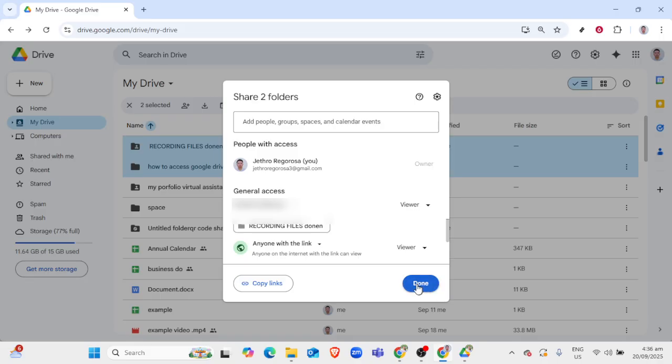Finally, click on Done to finish up. And there you have it. Your file or folder is now publicly accessible. Whether you're sharing important collaboration documents within your organization or making communal files publicly available, this straightforward process ensures smooth